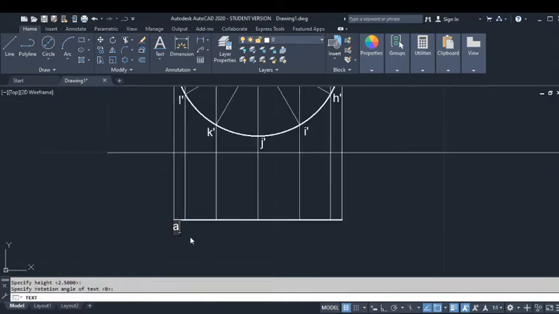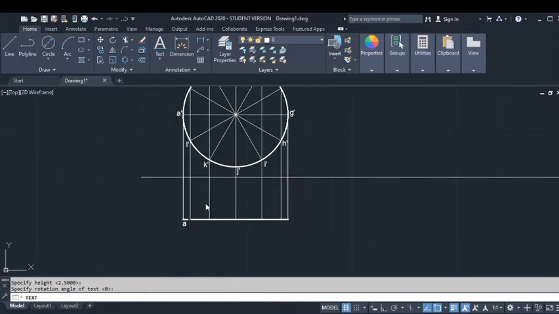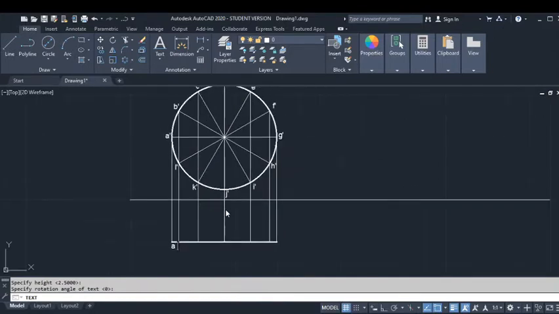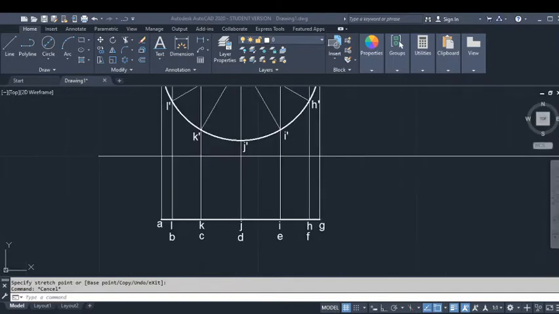So this is going to be A. This is going to be L and B. So this is going to be K and C, and so on so forth. So this is how I'm going to get the top view projections.